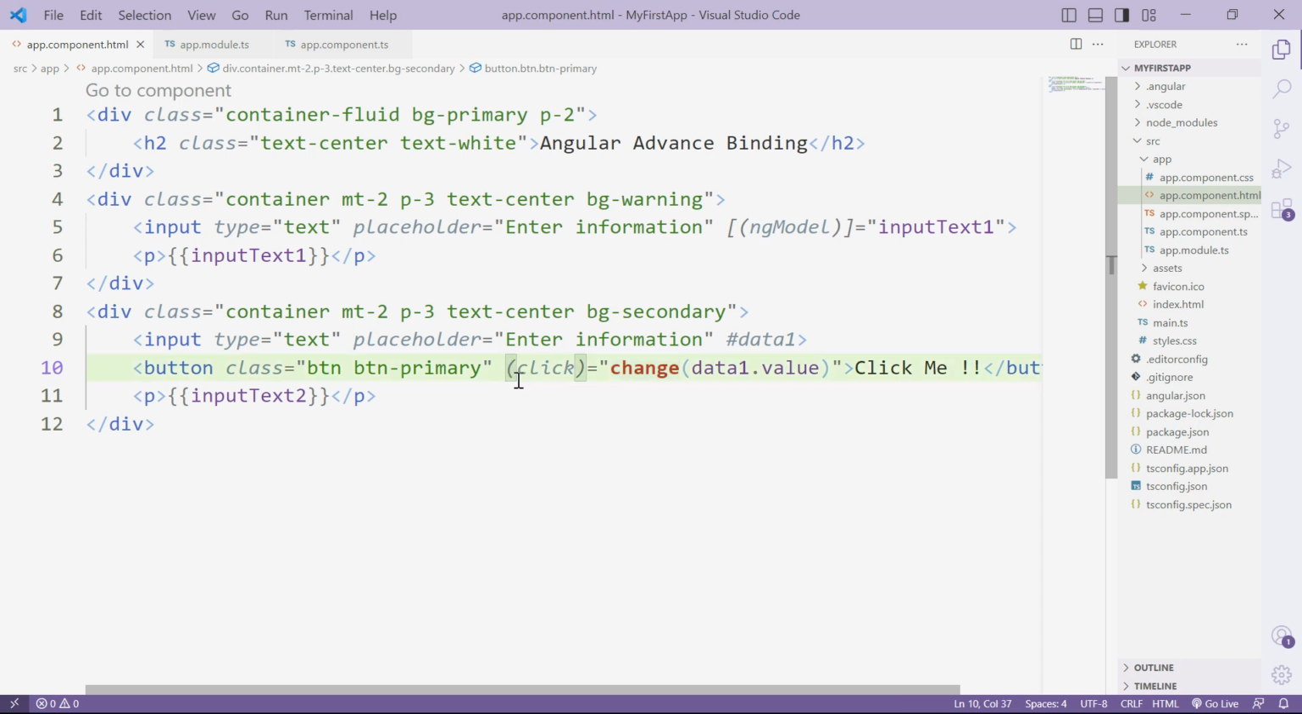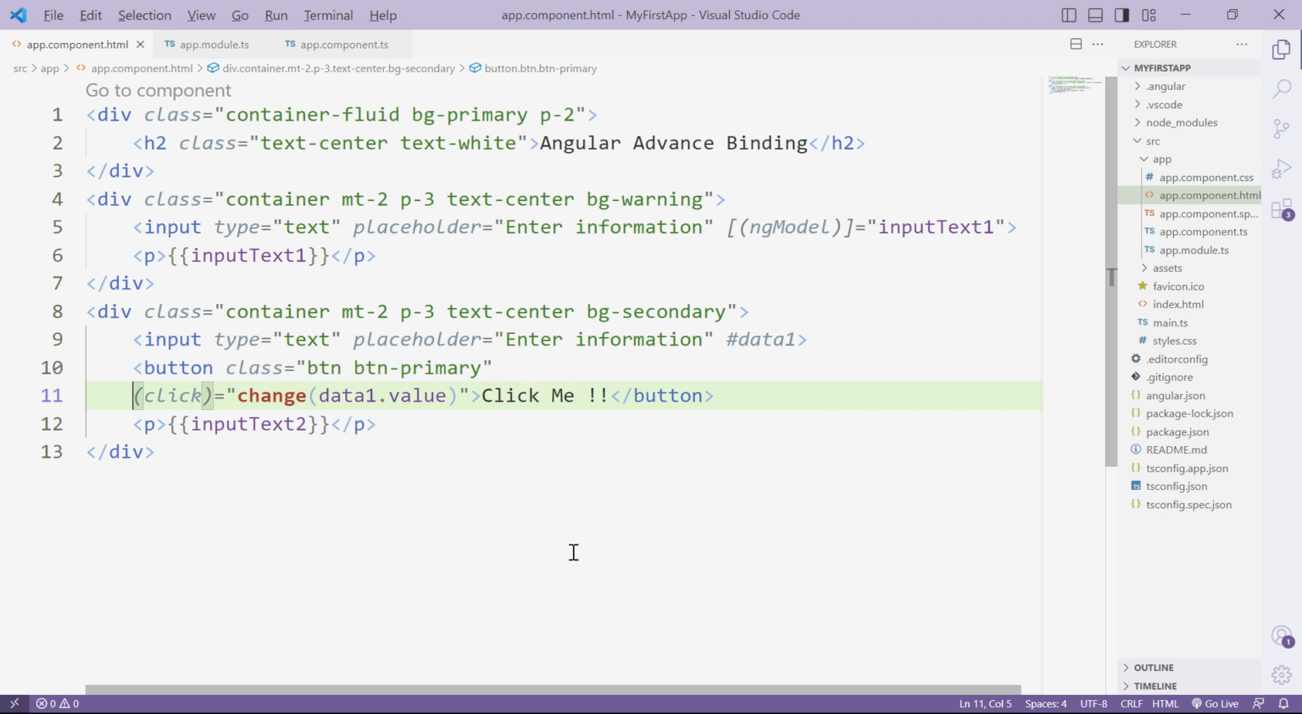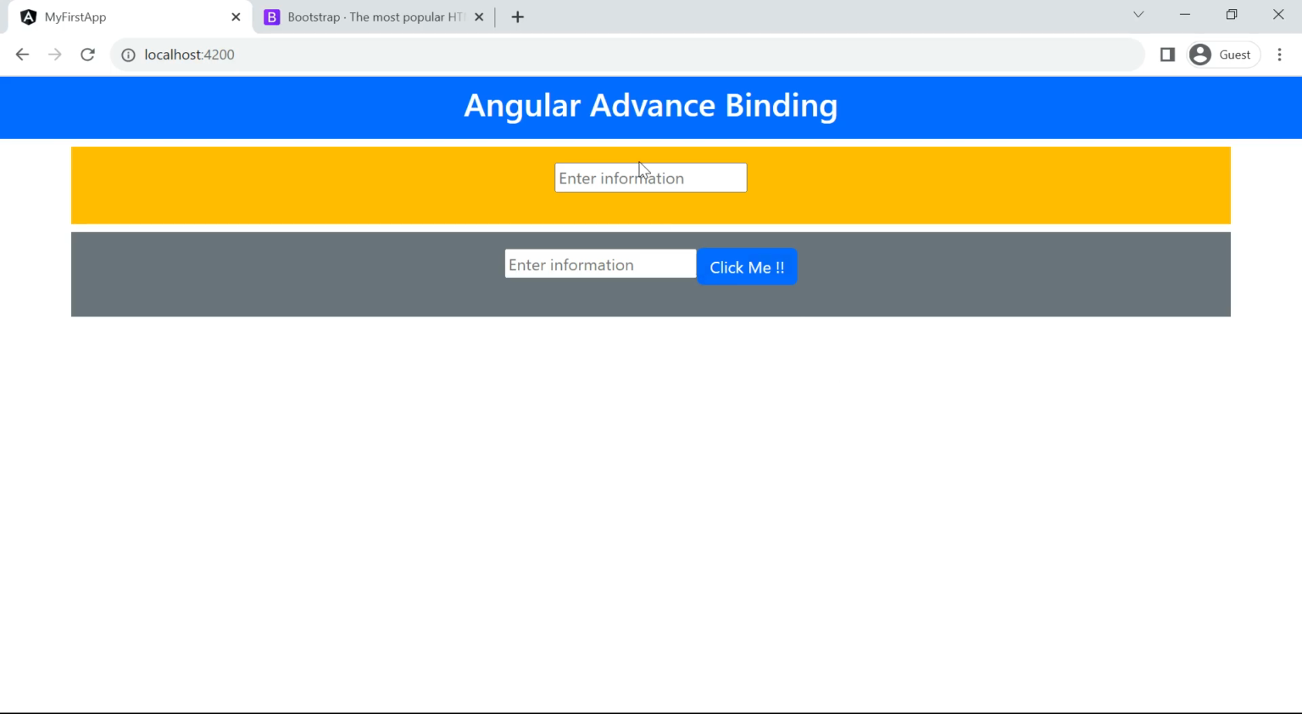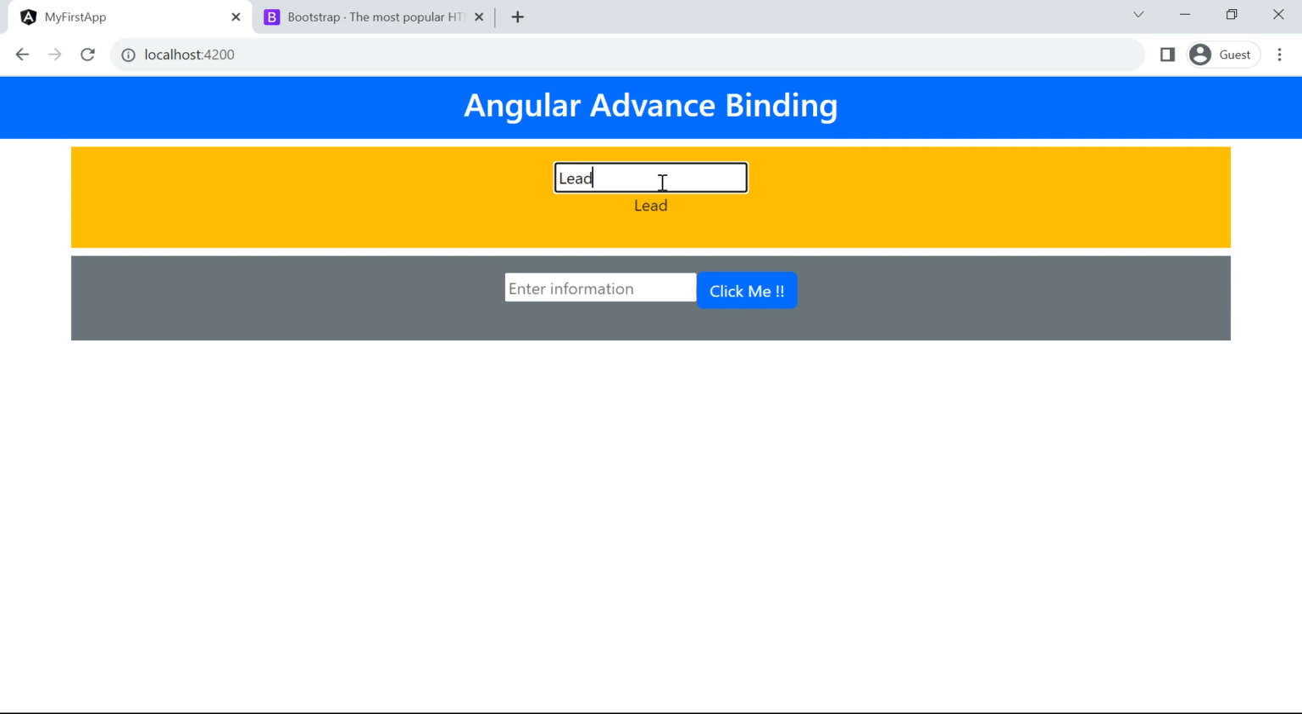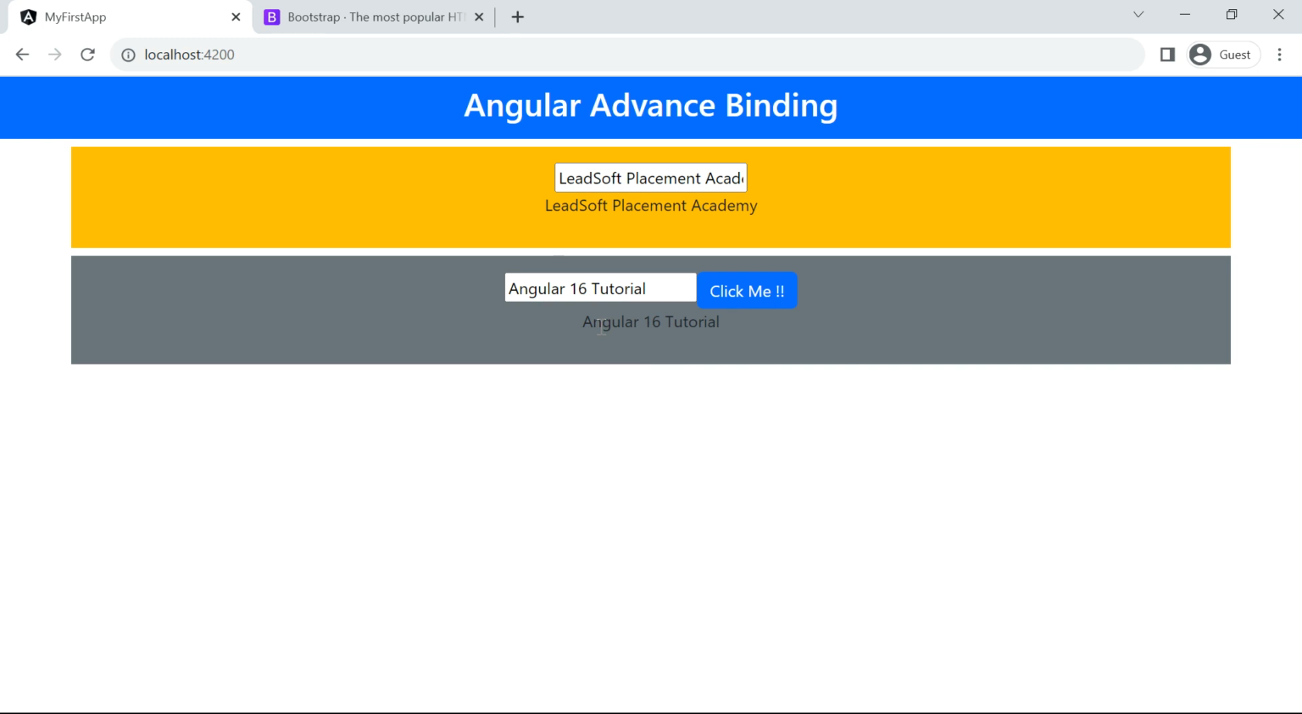So let us check with this. I will get back here. Let me just go to the new line so that you can see. So this is the two-way binding. Whatever I input here, simultaneously it is going to show that information. And here the event binding we have written. So what if I just say Angular 16 tutorial, and I click on this Click Me, then this data